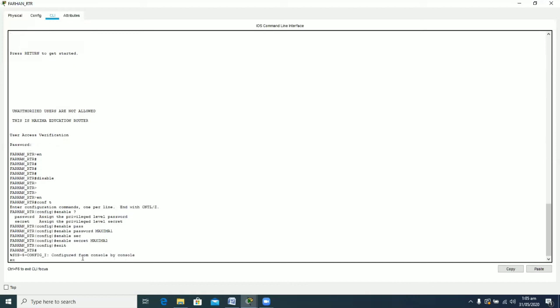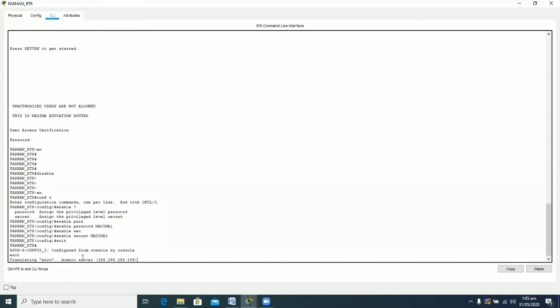So now exiting from here and exiting, this is something that I should be avoiding. Writing a bad command, instead of exit I wrote EXOT. So this is now connecting to some domain server for the DNS translation. It will waste our time. There is a command no ip domain-lookup to avoid this mistyped command DNS translation. So no ip domain-lookup can be typed at your router to avoid this nuisance. But after some time it will be normalized.